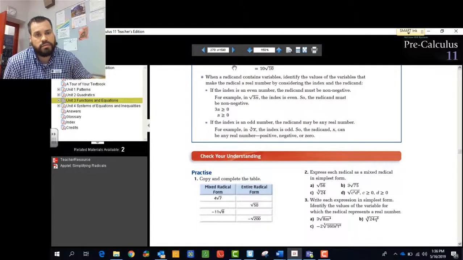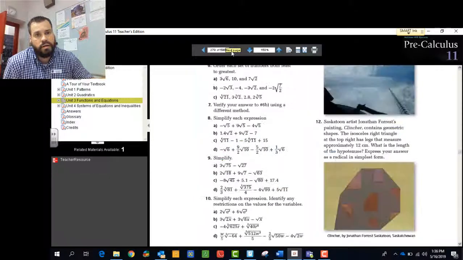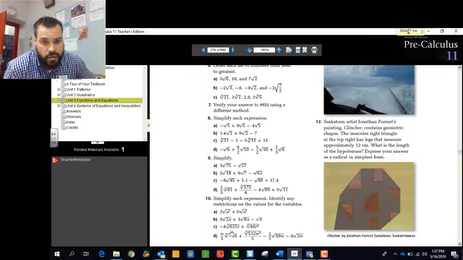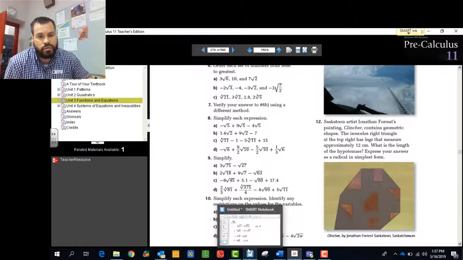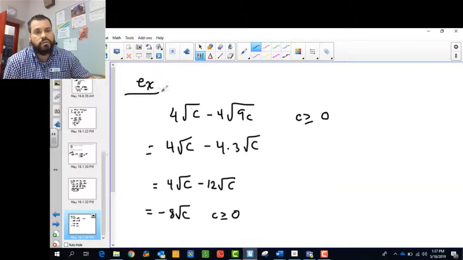But then there's a bunch of questions on the next page that ask you to express them in mixed and entire to mixed, and then a whole bunch of adding them together. All right, and in each case, you're just trying to find something that's common under the radical. We haven't done anything with higher powers, so let's look at one that requires us to do that. Let's look at this guy. Okay, so we have minus 4 cube root of 625r